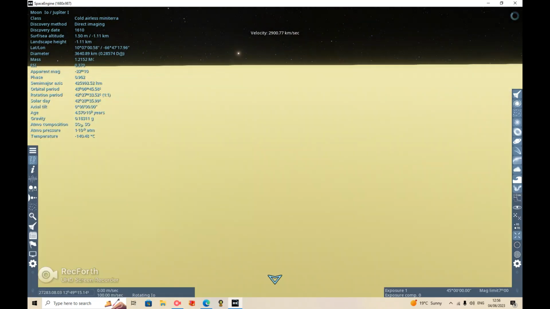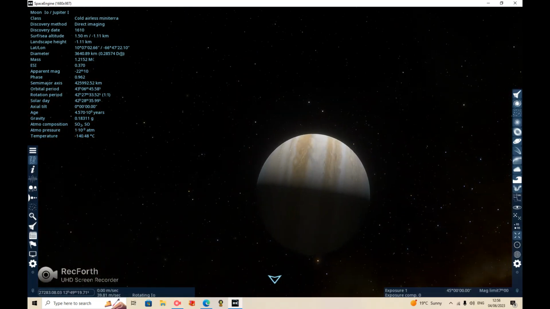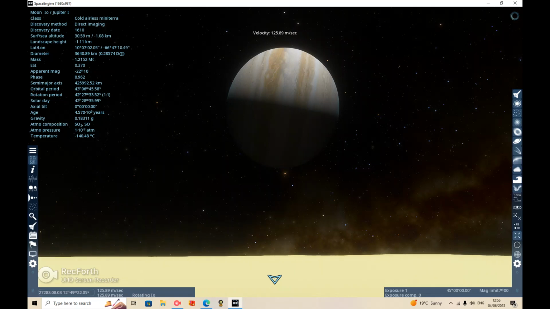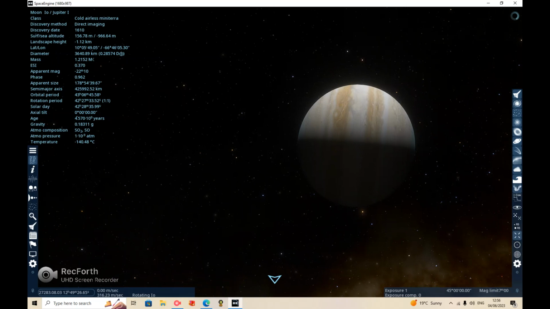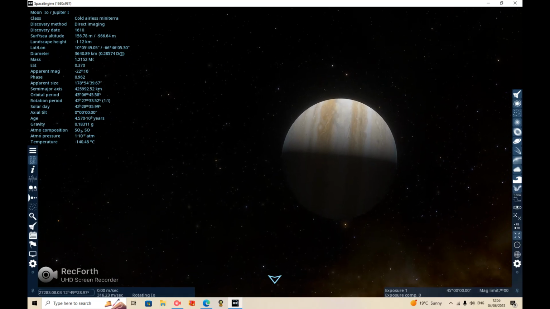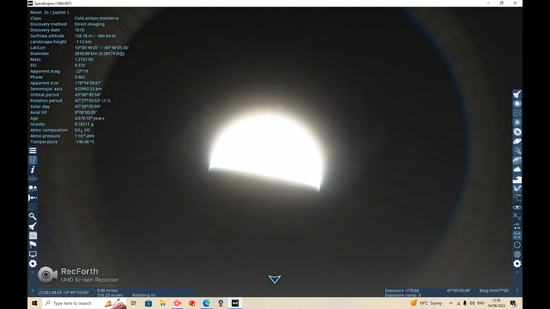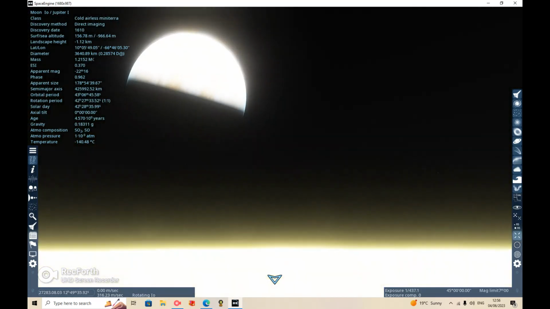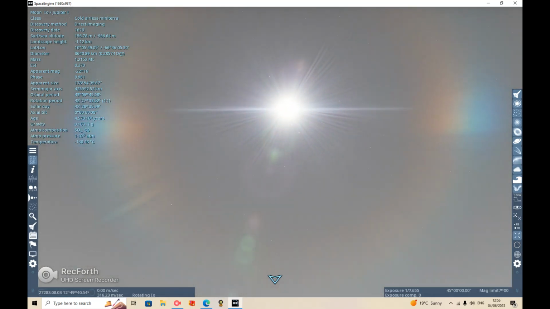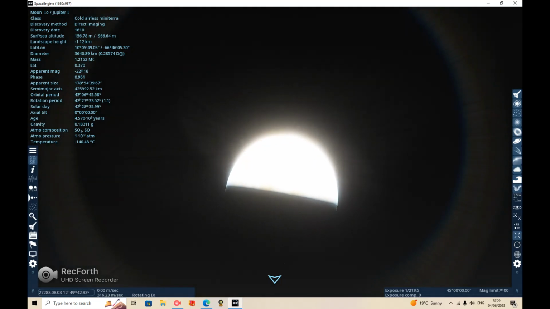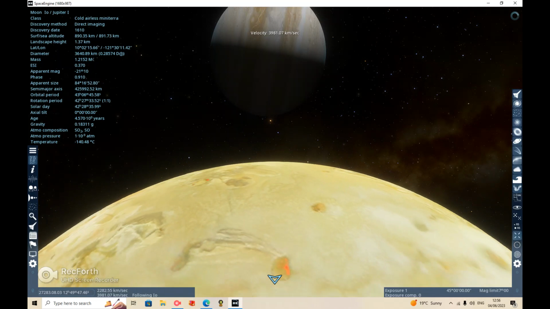Okay, that's scary. It looks like it has an atmosphere. What the hell? Realistic lighting. Does this planet have an atmosphere? Because you can't even see Jupiter.